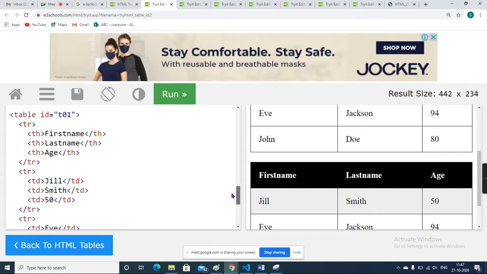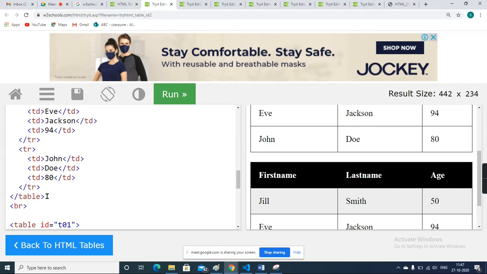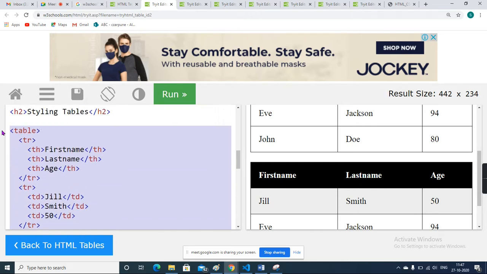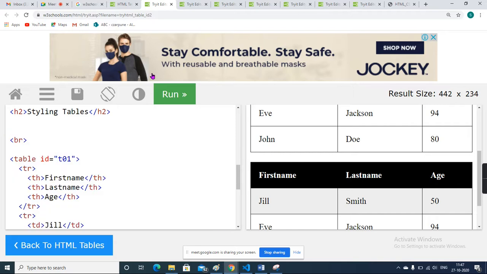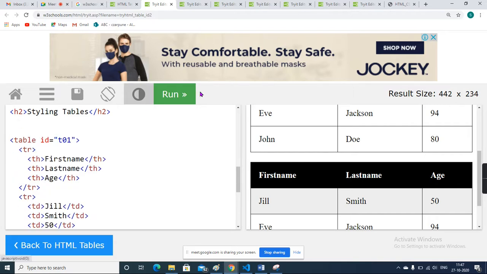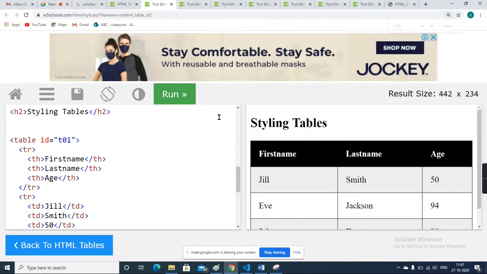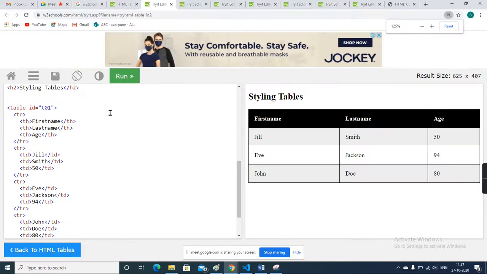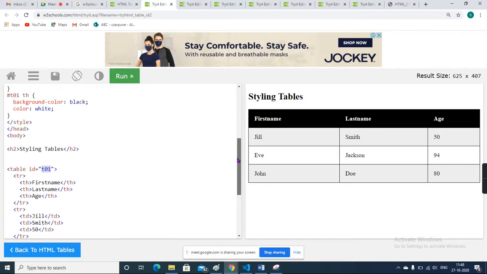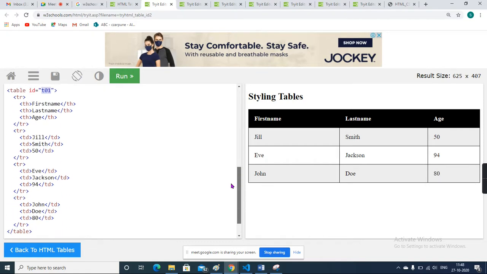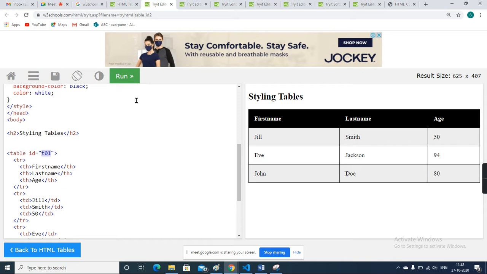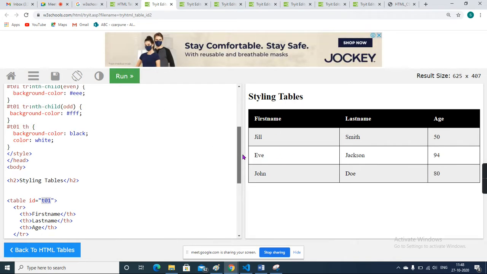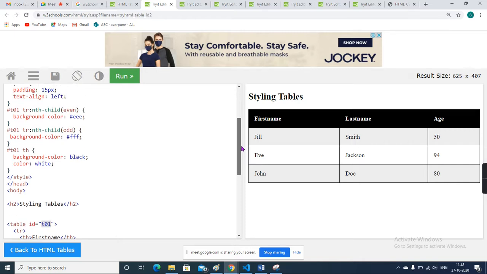Here, table number 2, there are two tables, I just delete one table for better understanding and run. Now see, here the table id is t01. They did not add any tr or td class, nothing is there, but still you can see alternate coloring. How did they add it?